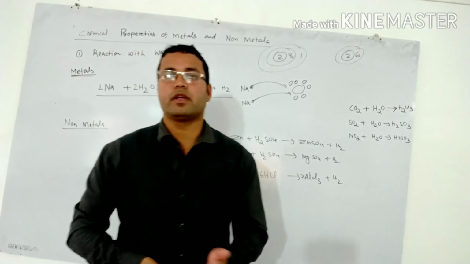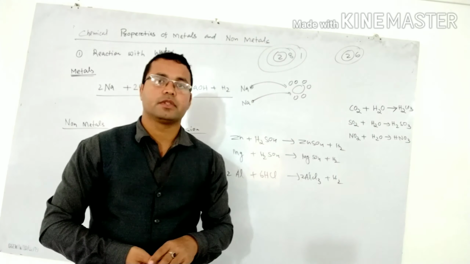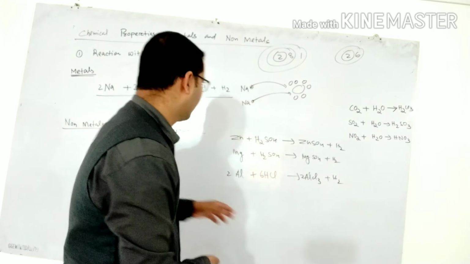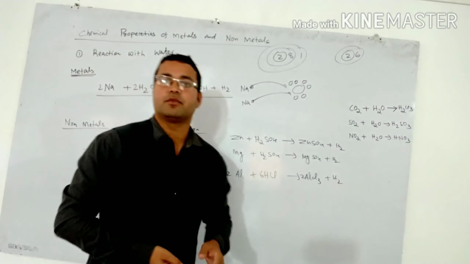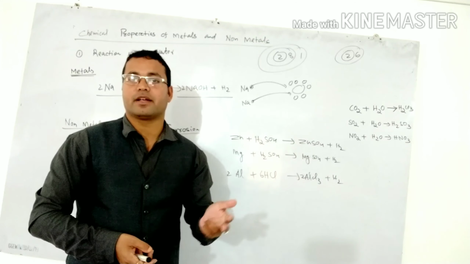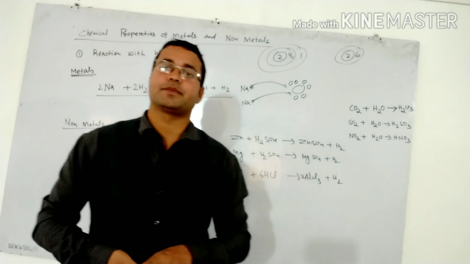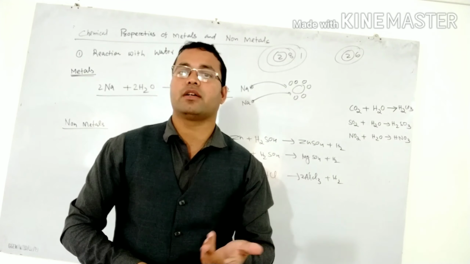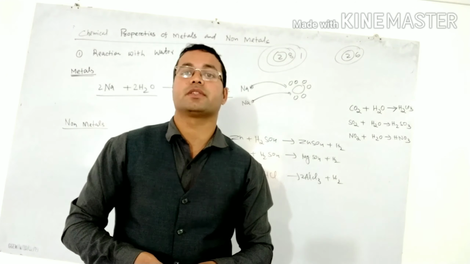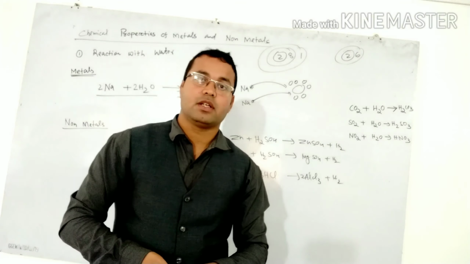So already I told you that most metals react with water. So based on this concept we can explain a topic which is called corrosion. Like the iron instruments and grills, after some days what happens? Rust forms. So some metals, when exposed to air and water, are generally eaten up, and this process is known as what? Corrosion. So rusting of iron is an example of corrosion.